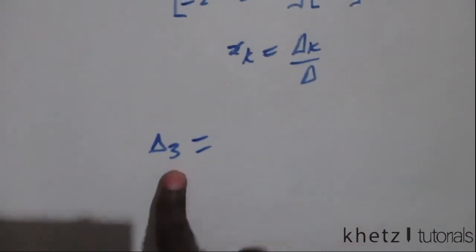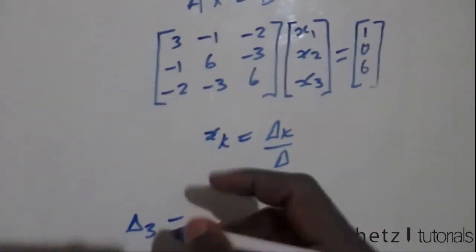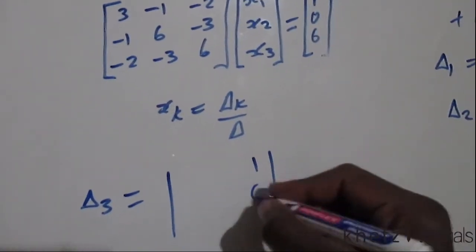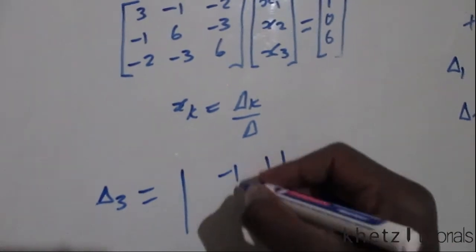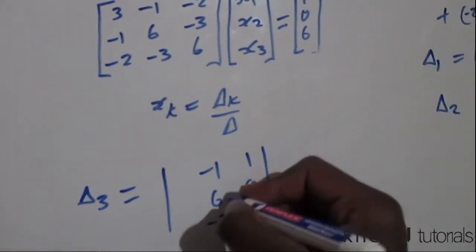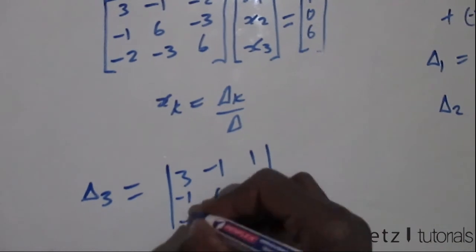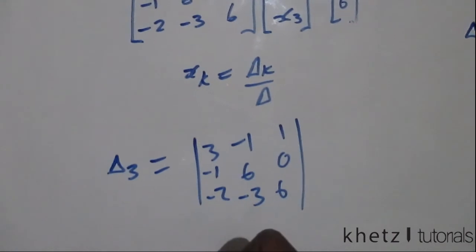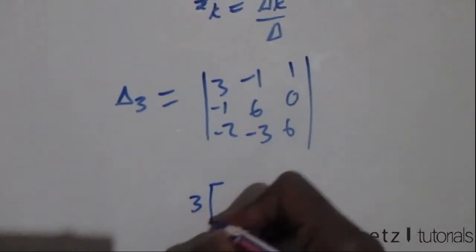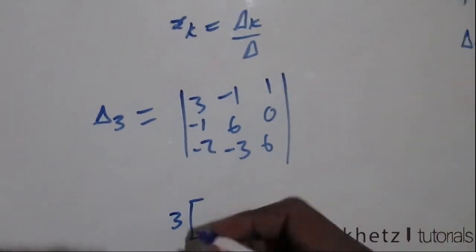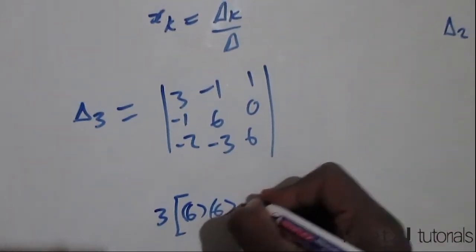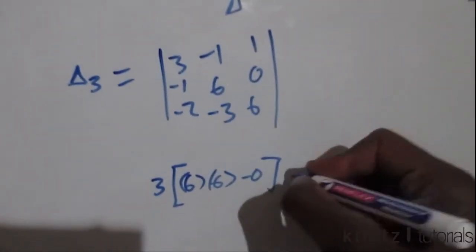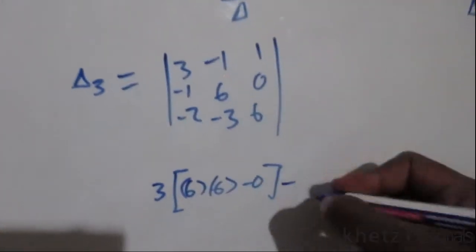Right. So the subscript matches where we put the B column. So in this case we're going to put the B column at the third column, so 106, that's the B column, and then everything else from the A matrix remains. So that's 6 and 3 minus 1 minus 2. Now the determinant of that, so you cross the first part, at the point of intersection you have 3, and this matrix which remains is going to be 6 multiplied by 6 minus 0, because 0 multiplied by -3 will give you 0. And you say minus, and then at this point of intersection you have -1,